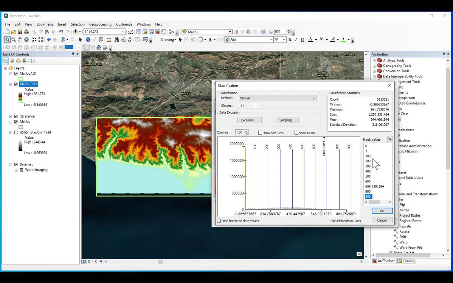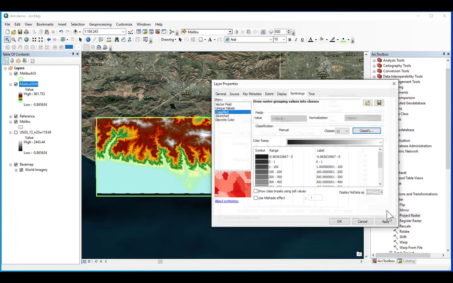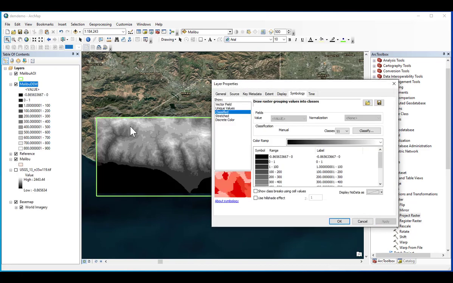And you may have to go back and force the break value to be that range that you want. So now I have 0 to 900, and these lower classes take care of the values that are just below 0 and up to 1. So if I click OK and apply, now I have a classified grid where the lower values go from 1 to 100, 200, 300, up to 900, and I can manage my 0 values, which are water,